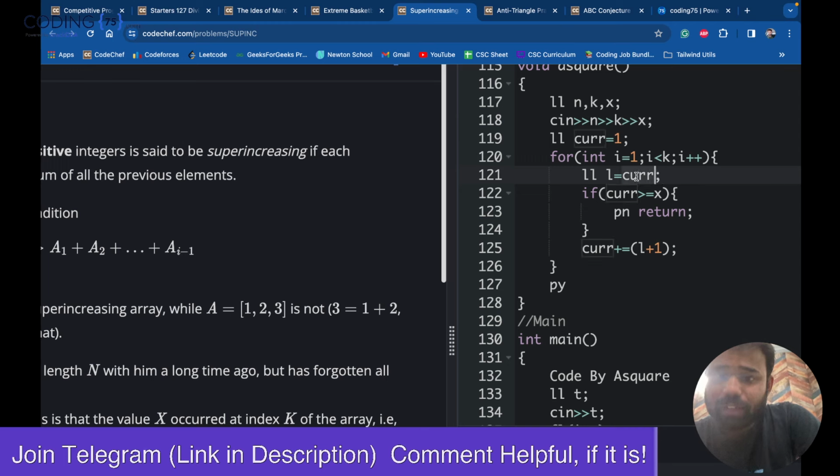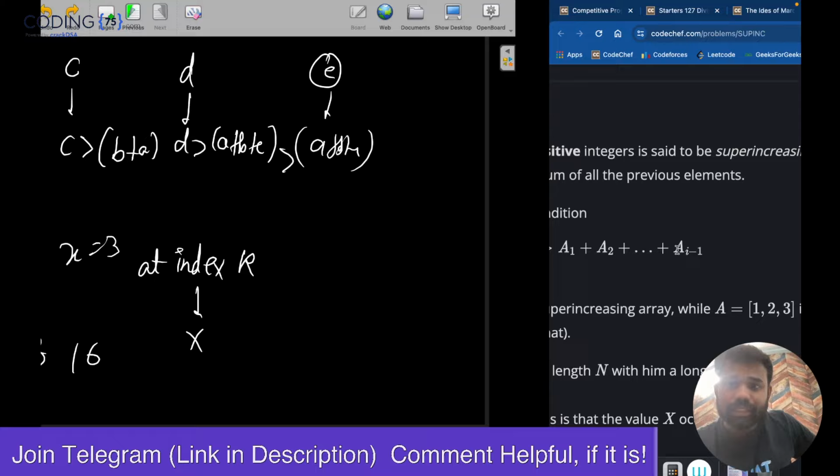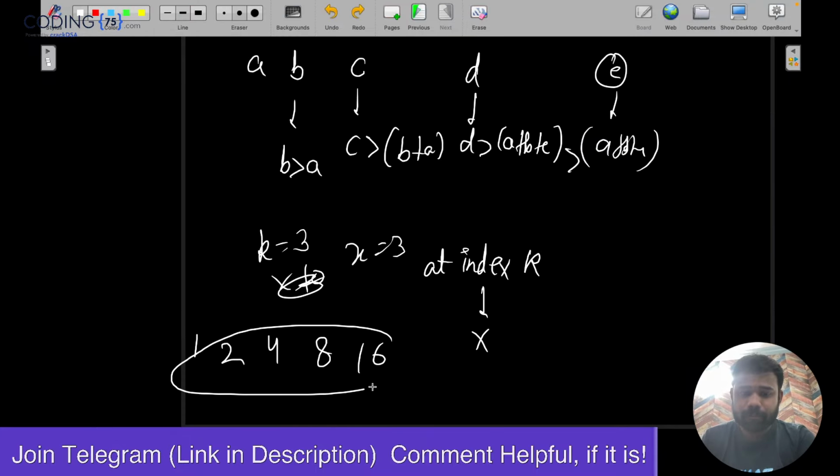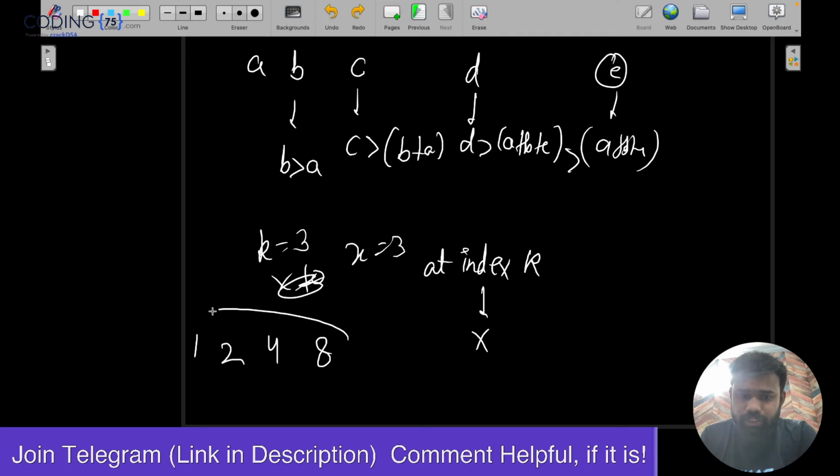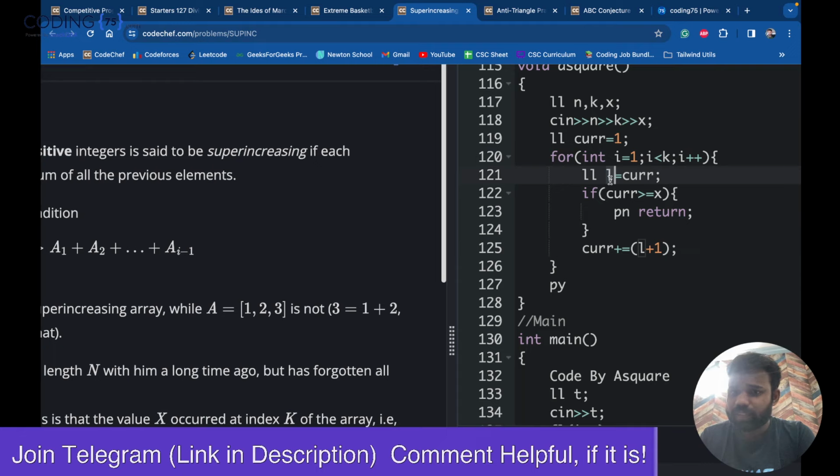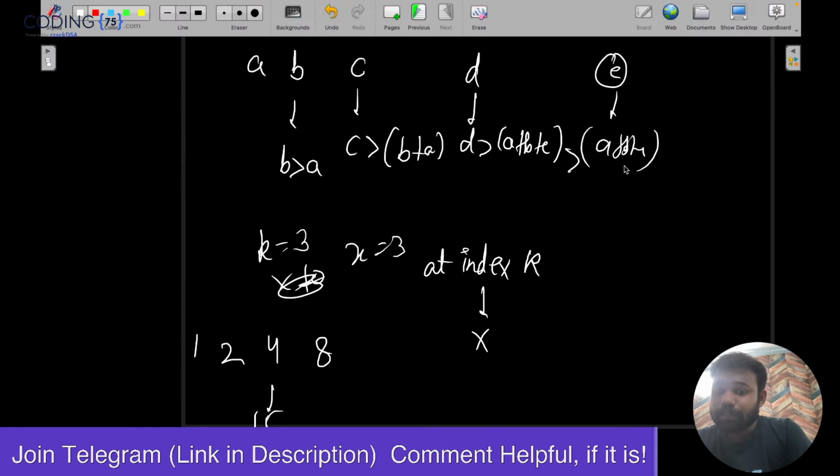So currently the current value is L. If your x is less than current, print no. It's not possible. Pn means print no. Else, what will the next value be? The next value will be L plus 1. The sum till here, if you see, is 15, which is L. So what will the next value be?